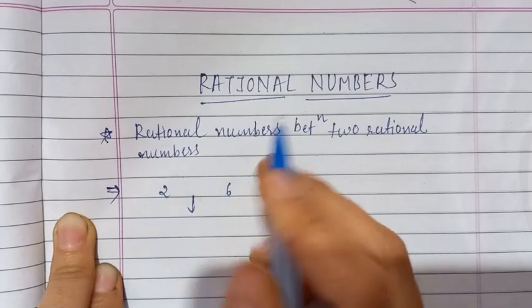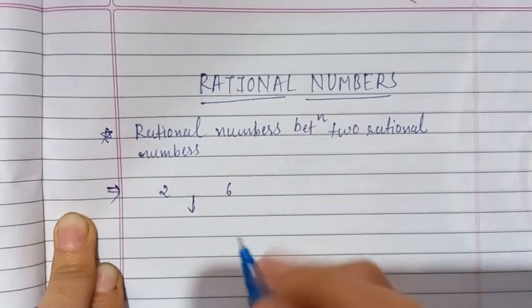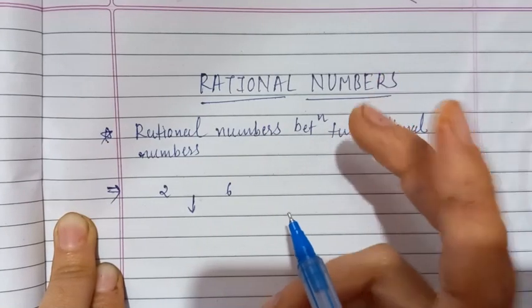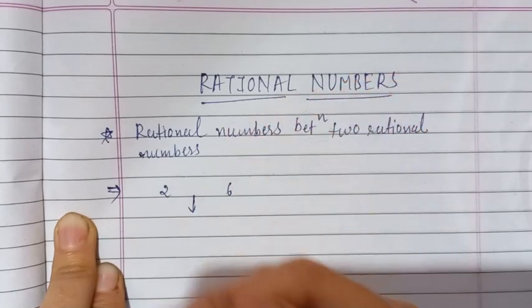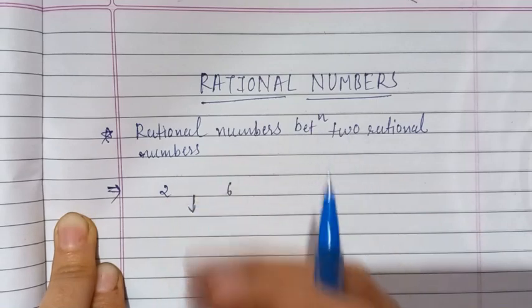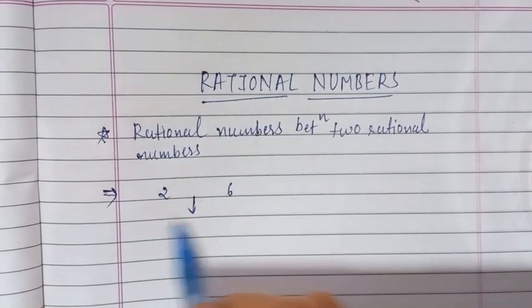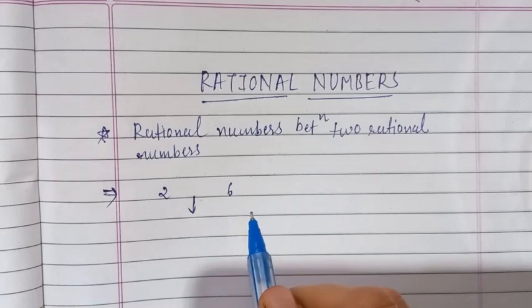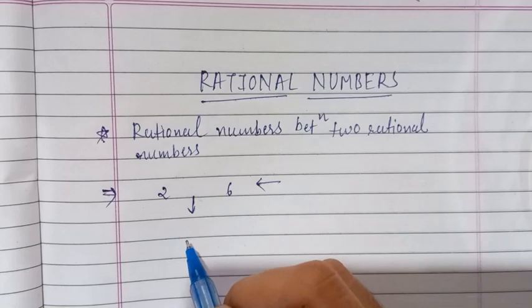So we know the difference between two natural numbers is 1, between integers is 1, between whole numbers is 1. So we can count easily the numbers between two natural numbers, two whole numbers, two integers. Now tell the numbers between 2 and 6. So we add